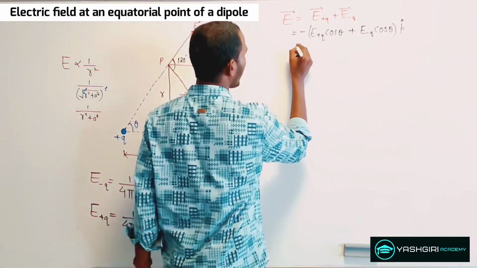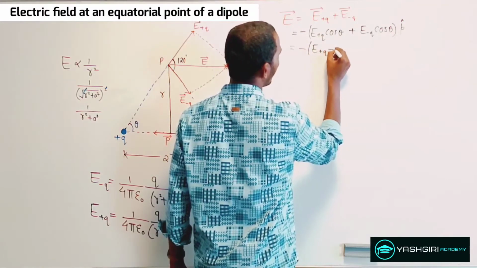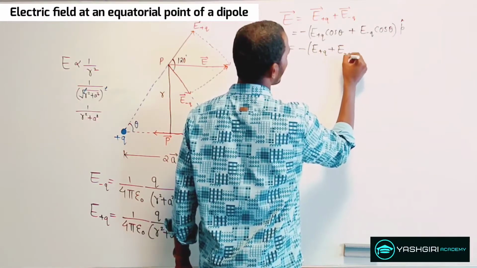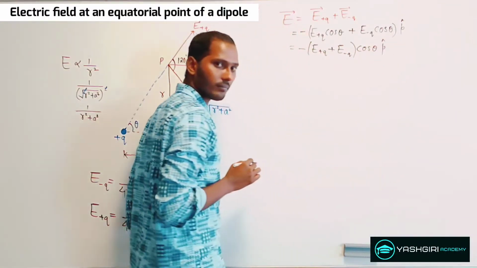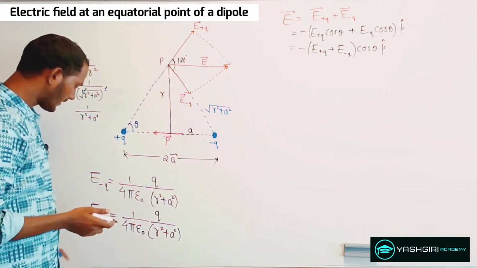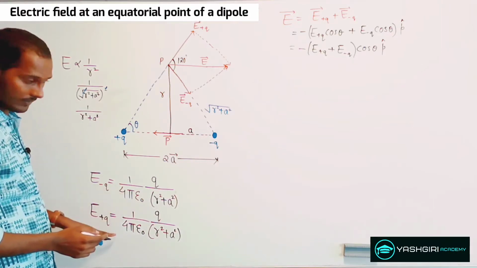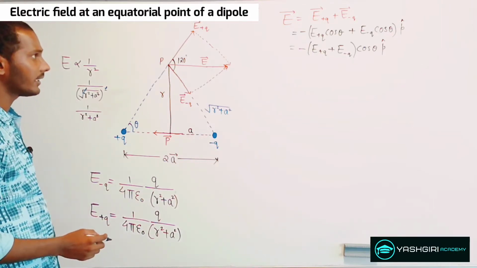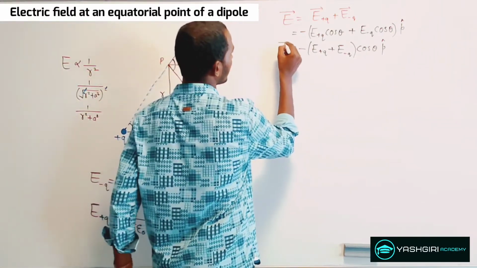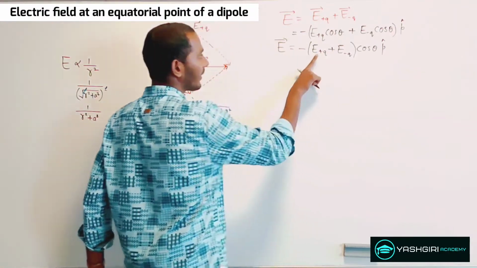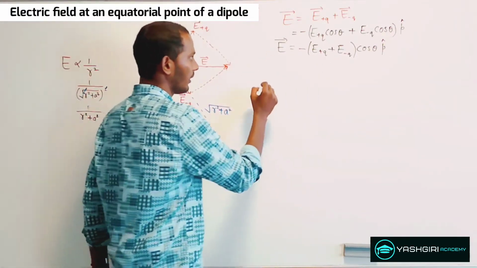All right. Now here I can just add this. If you see this, I can just write minus E due to the positive minus Q, and I can take this cos theta out, and that will give me a p cap. All right. Now here, if you see expression 1 and expression 2, the magnitudes are the same. So here I see that the electric field due to the positive charge is equal to the electric field that is produced by the negative charge, from the symmetry.